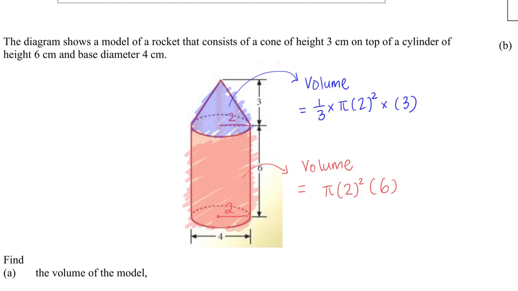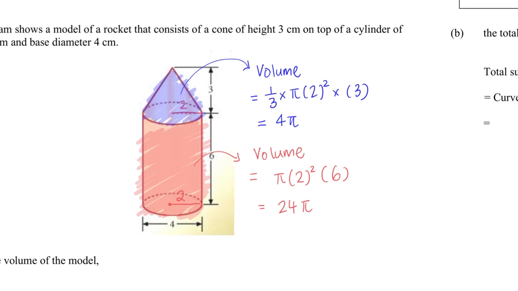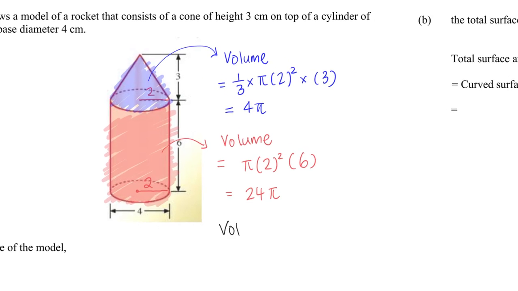Okay, so this one I'm going to just write in terms of pi. This will be my 4 pi. And this will be 24 pi. And therefore the total volume of the model is simply 4 pi plus 24 pi, which is 28 pi,